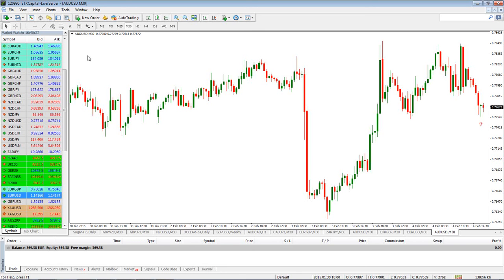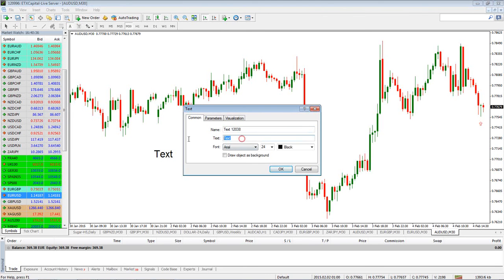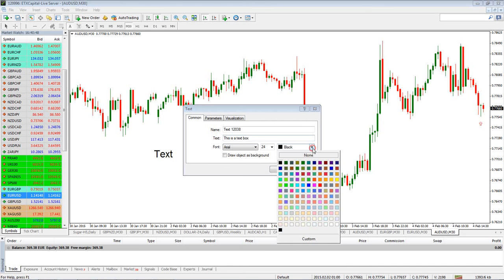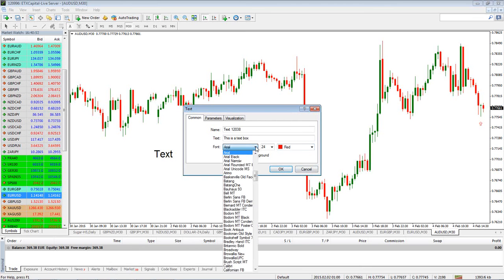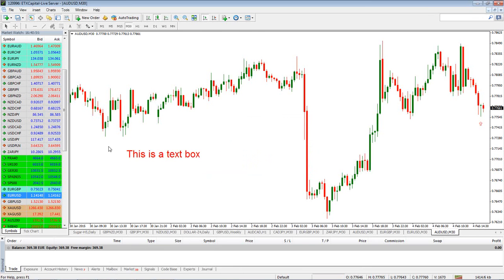Then if I want to write text, I've got the text box here. Just click on that to select it, go anywhere on the chart, up comes the text box, and I can type anything that you want to type. You can change the colors and I can change the font if you choose. Once you do OK, the text is written on the chart,